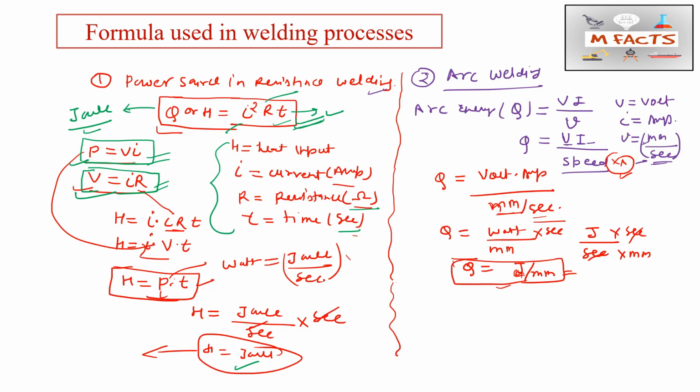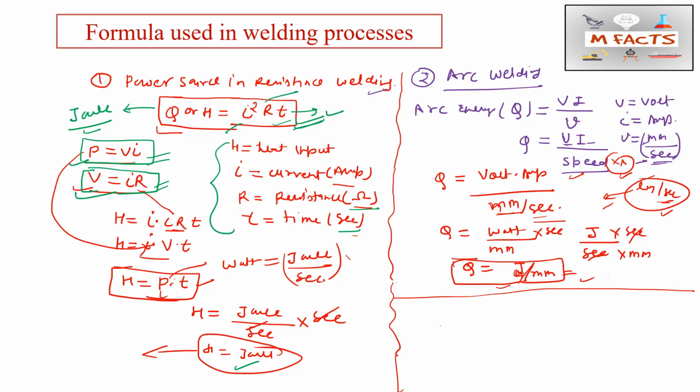So we understood that whenever they give the speed, we will always take it as length per second. The length unit can vary, it can be centimeter, meter or millimeter, whatever, because that will get eliminated by the per unit length. But the second plays an important role in changing watt to joules. For unit purposes we need to remember this: we will always take speed as length per second.